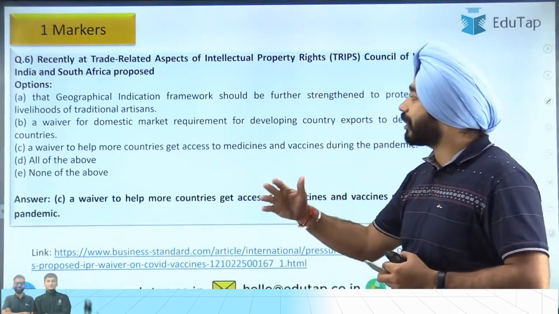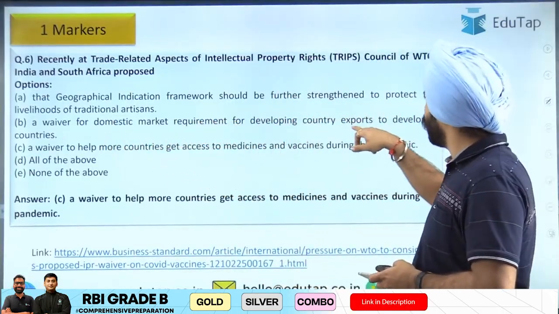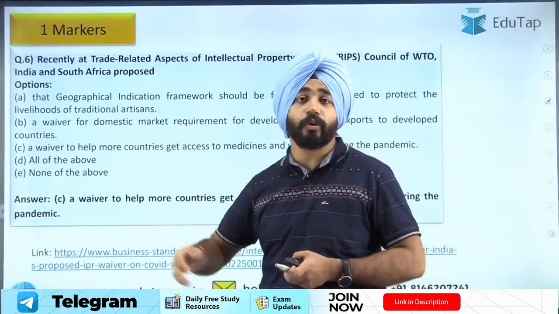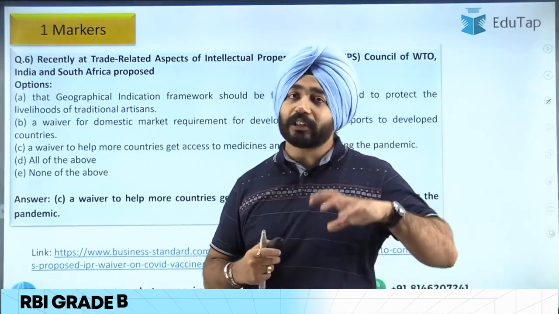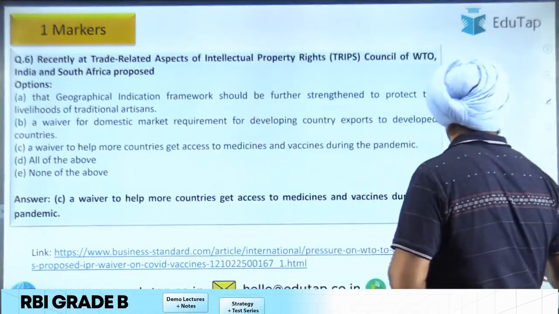So India and South Africa have proposed that there should be a waiver for domestic market requirement for developing countries' exports to developed countries regarding the COVID-19 material. So this was the thing that was being highlighted at this point of time. ठीक है जी, if I say why this thing has been asked in your examination,